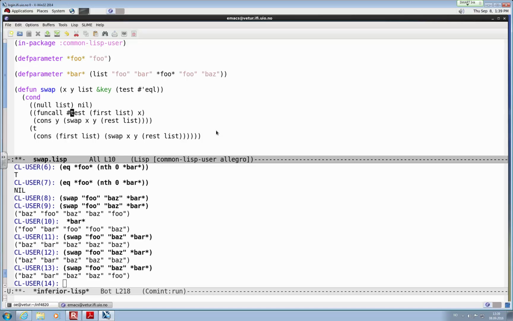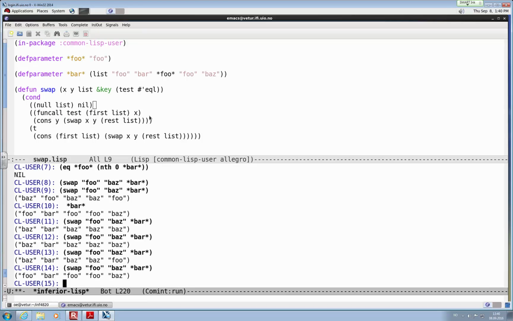If we did hash quote test here, that would mean that test is the name of a function and we want to obtain its function object. But test is not the name of a function, it's the name of a local variable. So the value of test is a function object. We can evaluate that symbol test, obtain the function object and invoke it with two arguments, namely the current first element and list. And now if we try that,